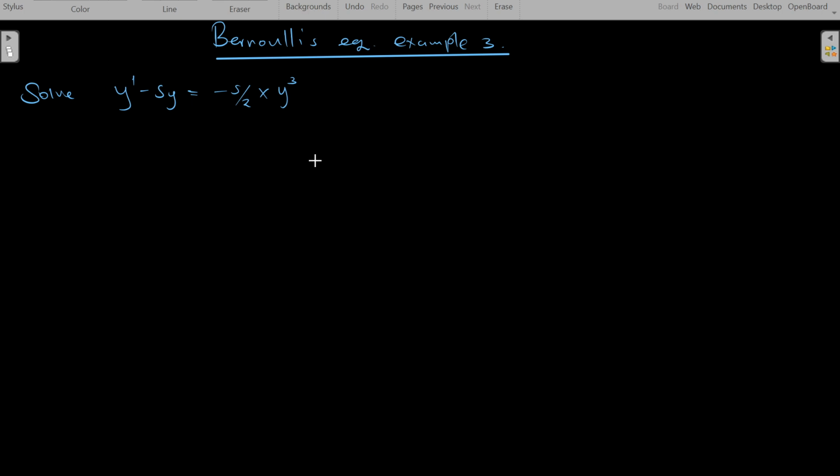Hello guys, because we are conversant with the first introduction to the methods on how to solve Bernoulli's equation, we'll go straight to this. First, find the general form and write this equation in terms of the general form: dy/dx + p(x)y = q(x)y^n. Already we have written this: dy/dx - 5y = -5/(2x)